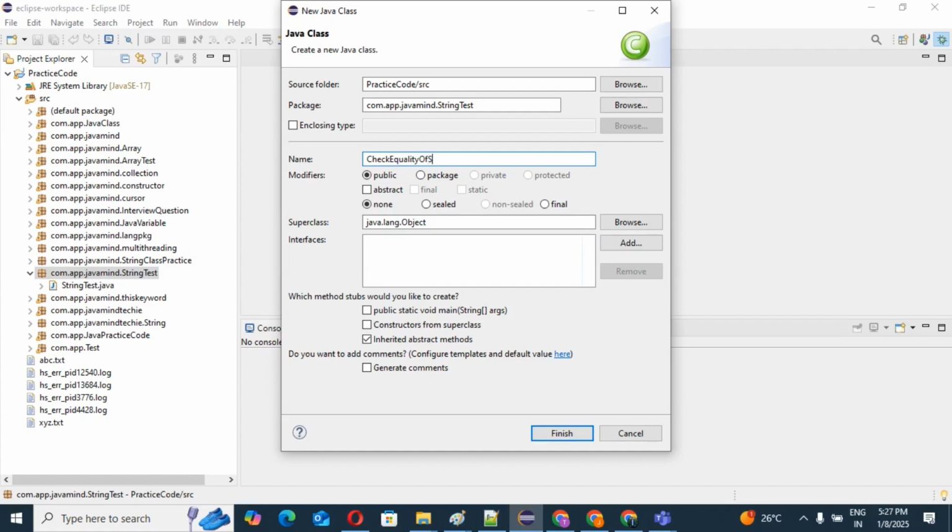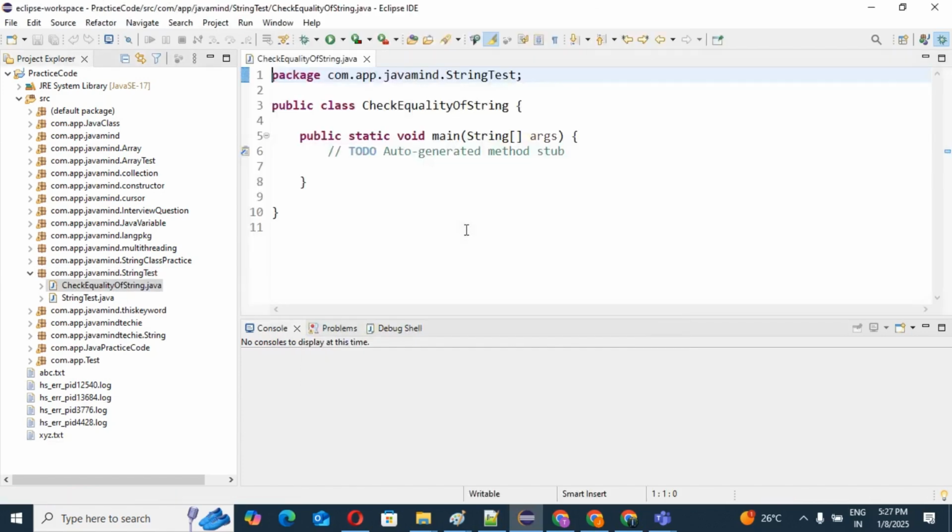The class name is CheckEqualityOfString. Done. So we will have one class along with our main method.